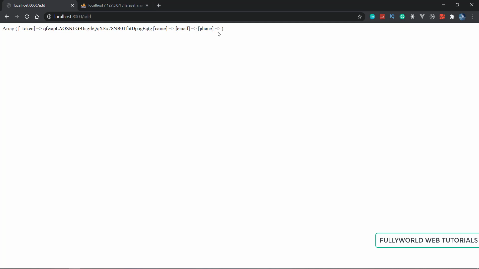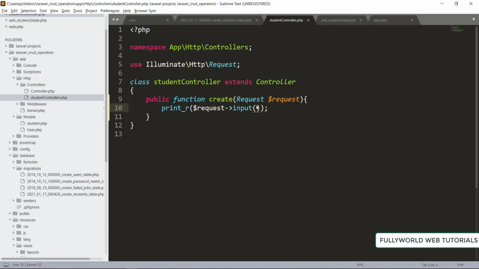Now there is one thing pending, we have to validate our data also. So how to validate our data now? Let's validate our data. I'm going to remove all this. Now here will be our data validation. We are going to use our request, because we have to validate the data. So I'm going to use the request variable.